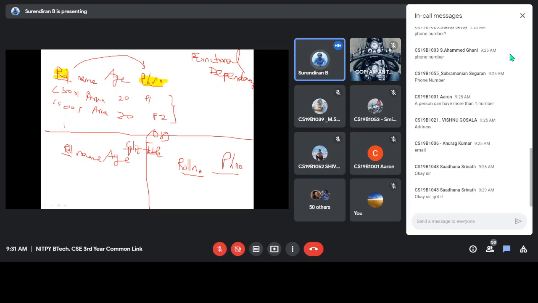Functional dependency means attribute A tries to identify B, C and some other attributes. Here in this case, roll number will identify name, age, and the phone numbers. So all these things can be identified using a unique roll number. That is called a functional dependency, and it is represented using these notations.